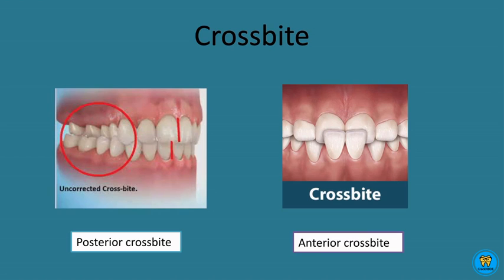And well, first we're going to establish what is a crossbite. So there are two types of crossbites. It can be a posterior crossbite or an anterior crossbite. A posterior crossbite